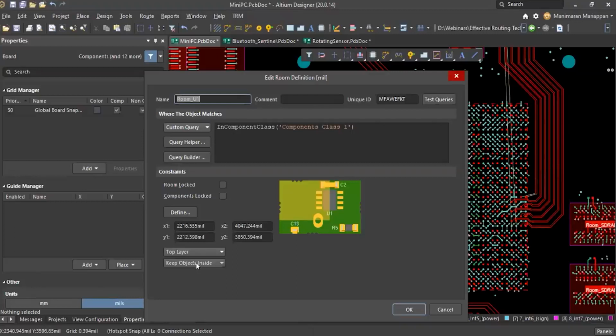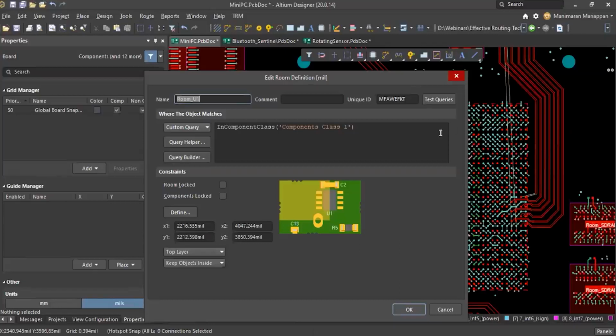So all the components should be inside the room. Otherwise, it throws an error. So that is because of this only. And here in custom query, we need to give, for example, U1. Which component class you are applying this room to, that can be selected, or you can simply select a rule.